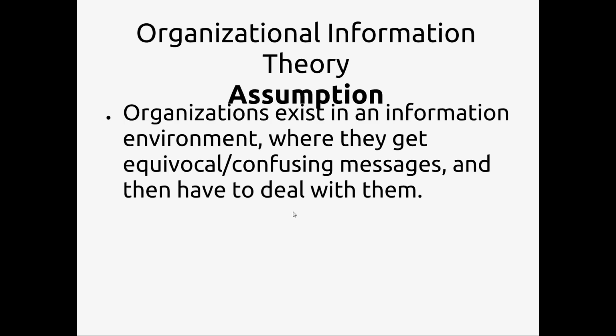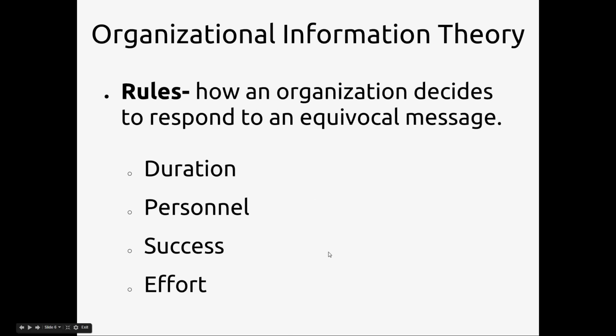So an organization where members act independently and don't get together that often might be one exception, or an organization that doesn't encounter a great deal of new information. Maybe organizations that have been around longer might just be doing the same things and not need to change as much. So that's a counter idea, something that might violate the assumptions. But essentially, this theory makes some straightforward assumptions that aren't too hard to think of as being too outrageous. Anyway, now we're going to talk about the actual process of organizational information and what goes on.